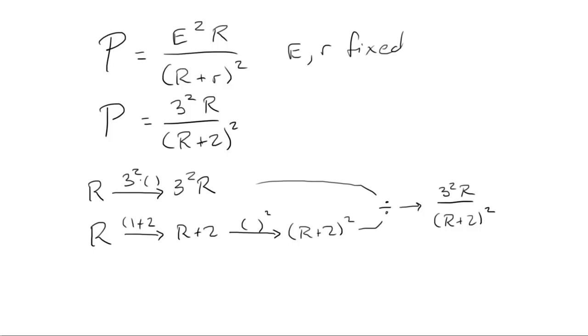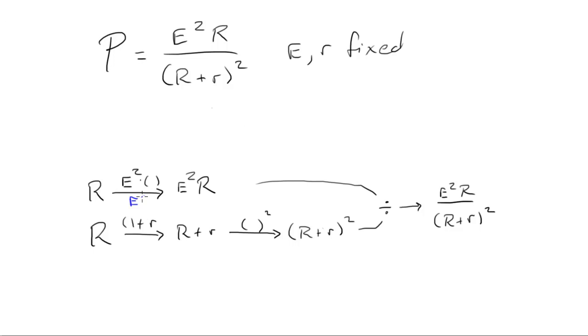Well, before we start getting too excited, let's replace the numbers with the letters. So 3 was really E, 2 was really little r. Replace, replace, replace. Okay. Now, everything's elementary, and let's get rid of the little crutch we had and put in our derivatives. The constant function E squared, constant function 1, chain rule, multiply the derivatives, quotient rule,